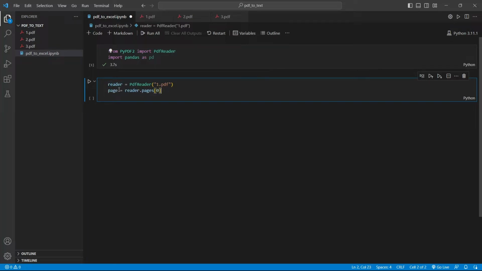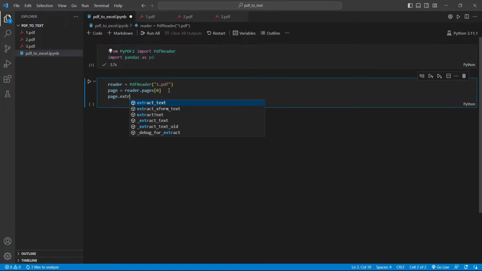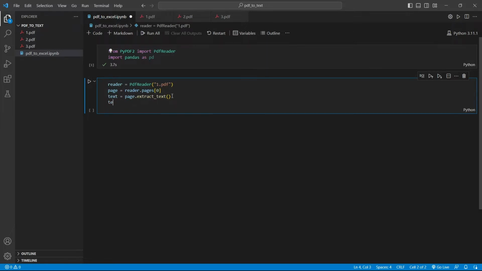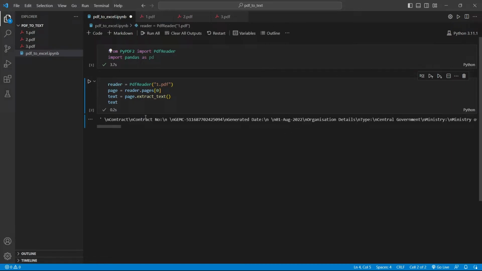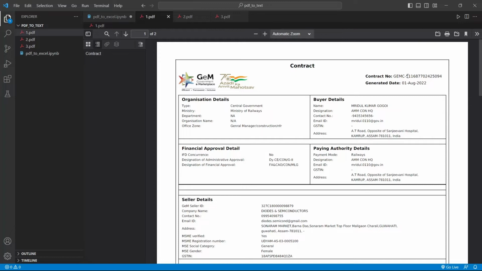Okay, so I'm going to store this in this variable page, and we need to extract text from this page. So we have to type dot extract_text. Okay, so this will be our text, and we are going to see now how the text looks. You can see that it has read the text and it is here, contract number. This is our contract number. Let's check if it is accurate. GEMC 51168, GEMC 51168